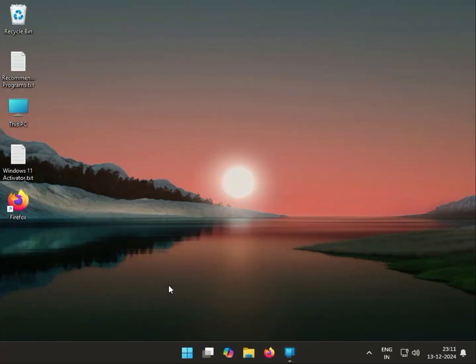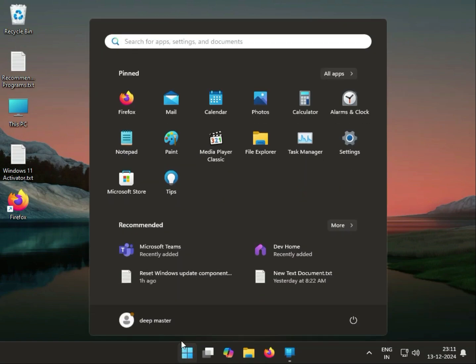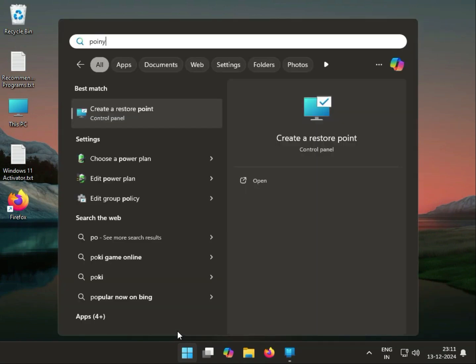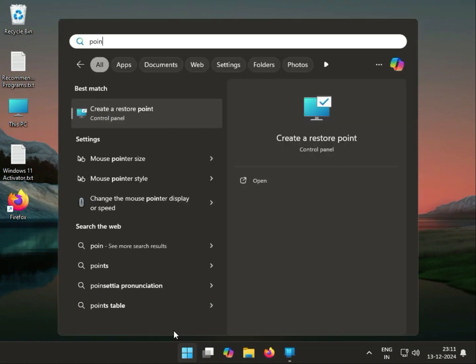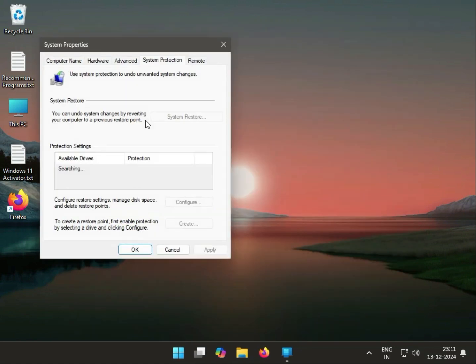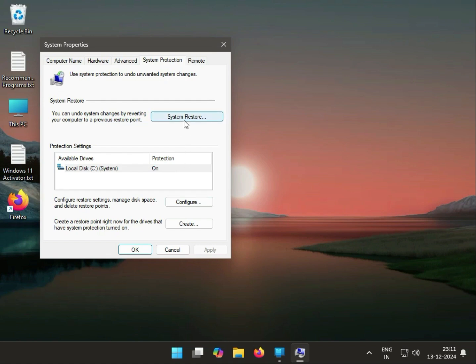Hi guys, I created a restore point, or it was automatically created. How to restore? So click start and type restore, create restore point. Click create restore point. You can type restore point, otherwise you can create a restore. Then click system restore,